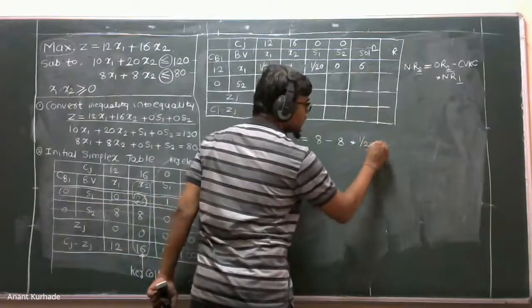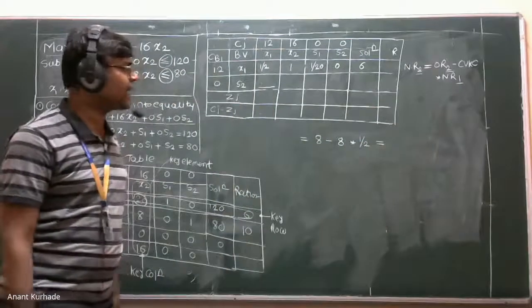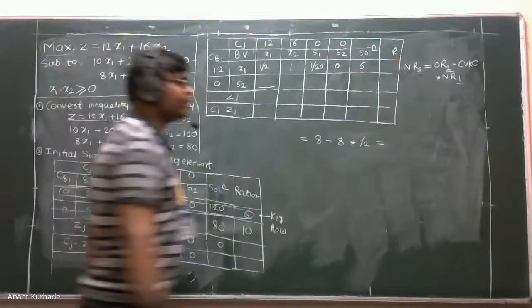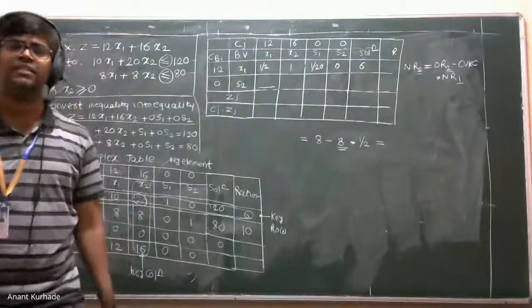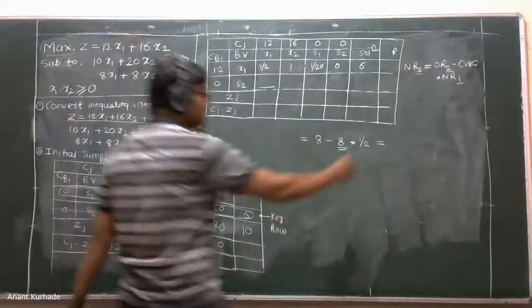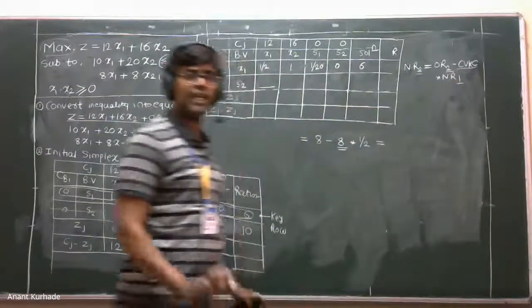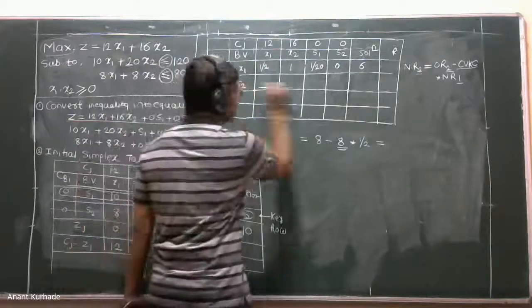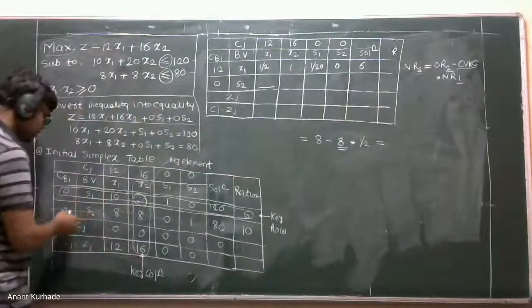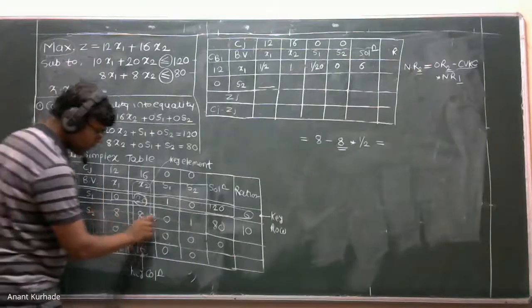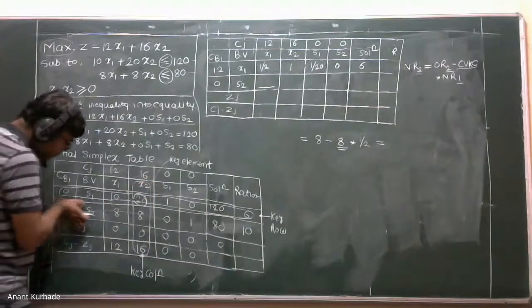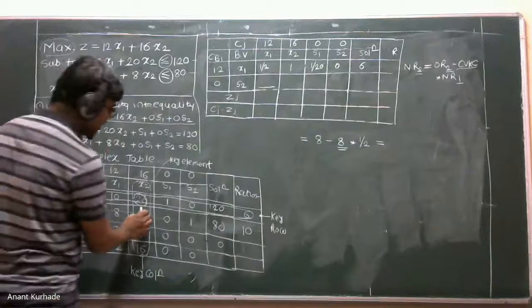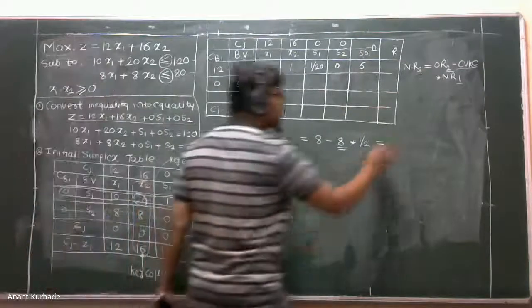Now what will be your answer? 8 minus 8 into 1 upon 2. Tell me fast. 4. Why is 8 here? This is important. It is the corresponding value of key column. We are writing values for row number 2, so always we have to check values from row number 2 in the previous table, and this is the key column. So that 8 is nothing but the corresponding value of key column. So we have 4 here.